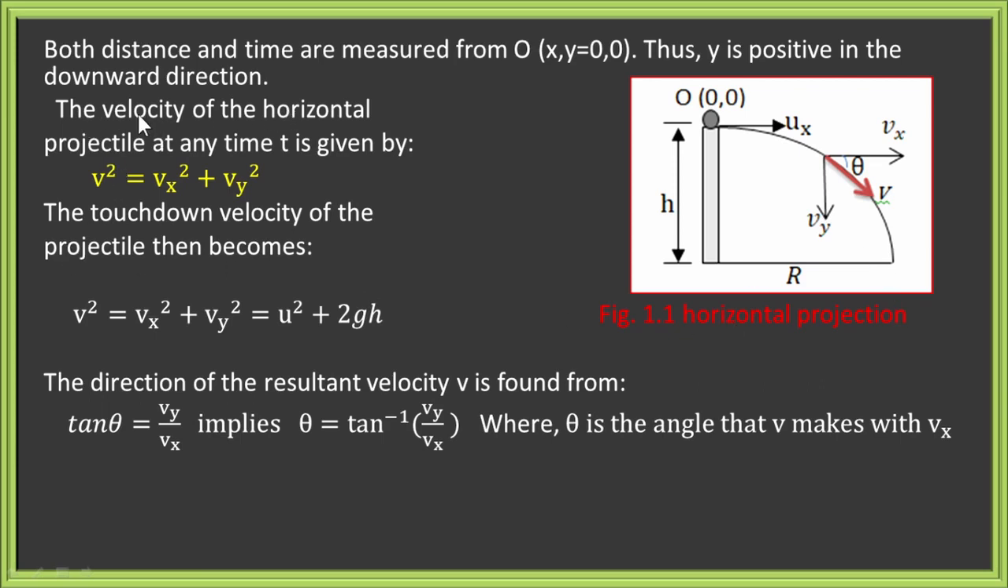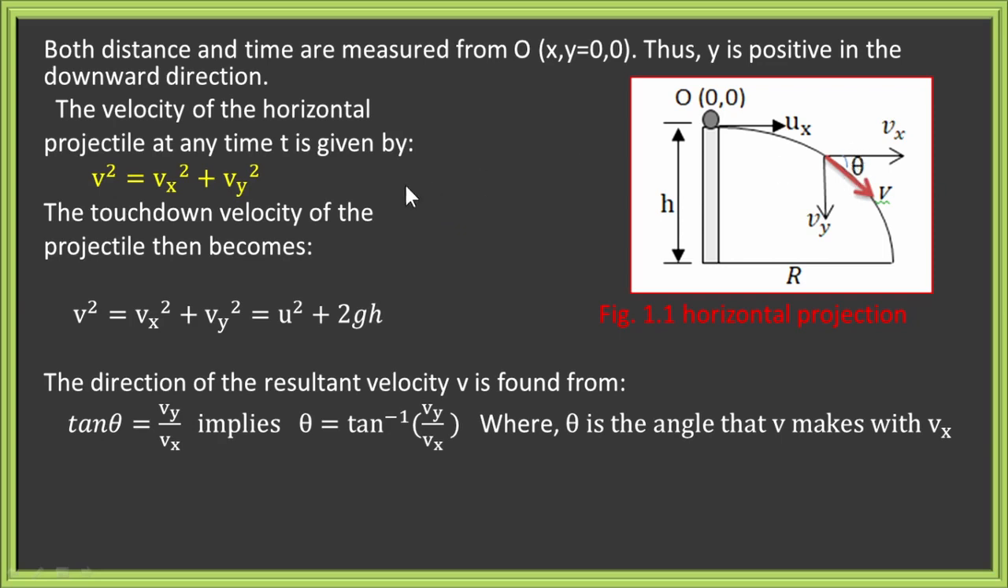The velocity of the horizontal projectile at any time is given by v squared equals vx squared plus vy squared. Always, this resultant velocity can be resolved into x component and y component velocities. That is why the projectile is said to be two-dimensional. The velocity can be expressed in horizontal velocity and vertical velocity. This velocity is the sum of Vx and Vy, and its magnitude can be taken by using Pythagoras theorem because they form an